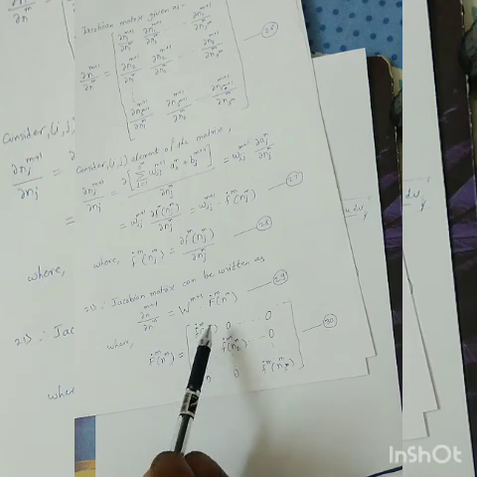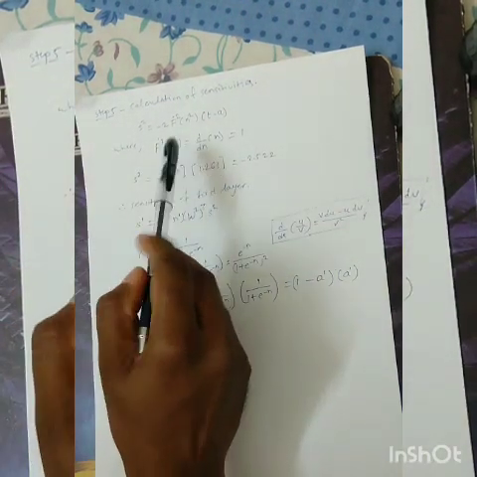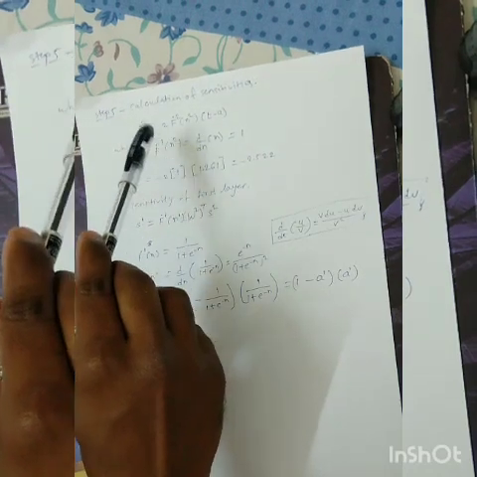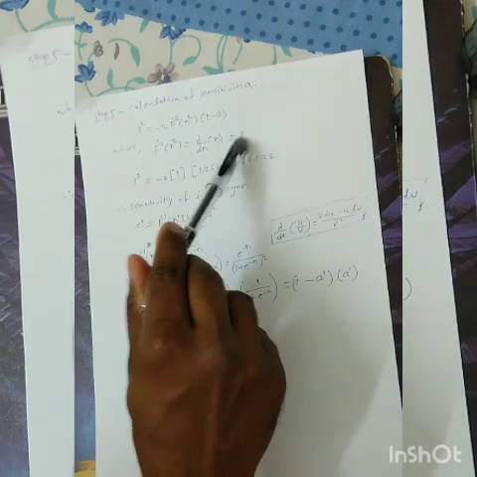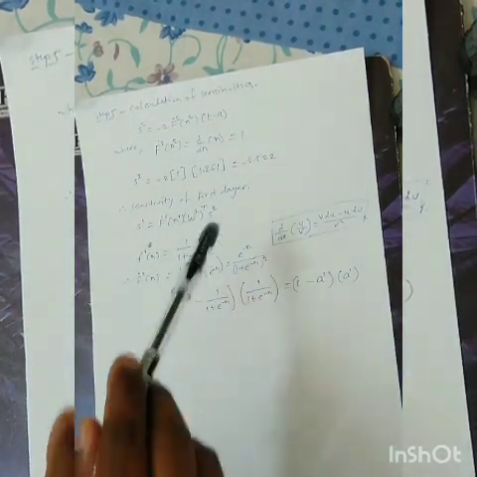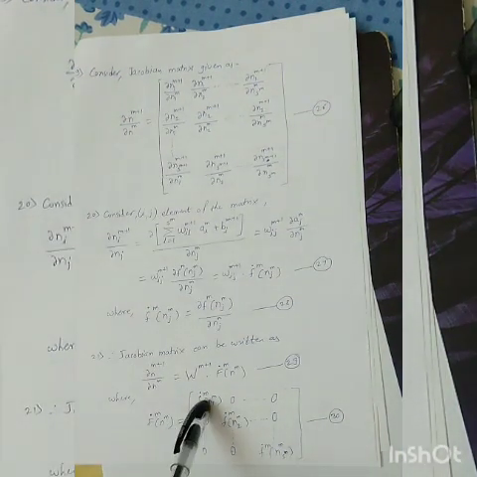You can observe that in the first layer there are two net inputs, and in the second layer there is only one net input. Therefore the derivative of the function of the second layer is equal to 1. It is a 1 by 1 matrix. Similarly, the derivative of the function of the first layer, where two net inputs are present, will have dimension 2 by 2.